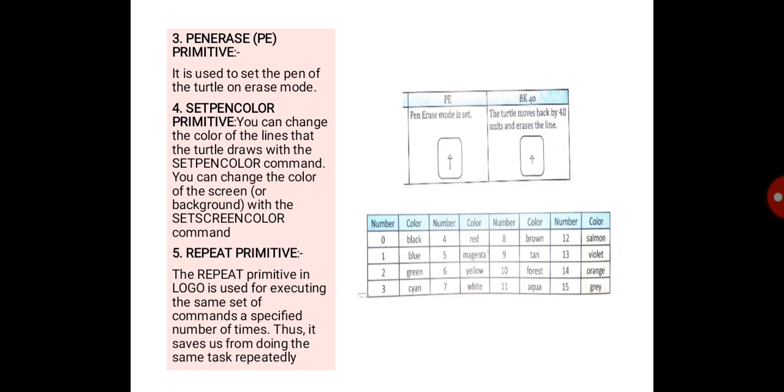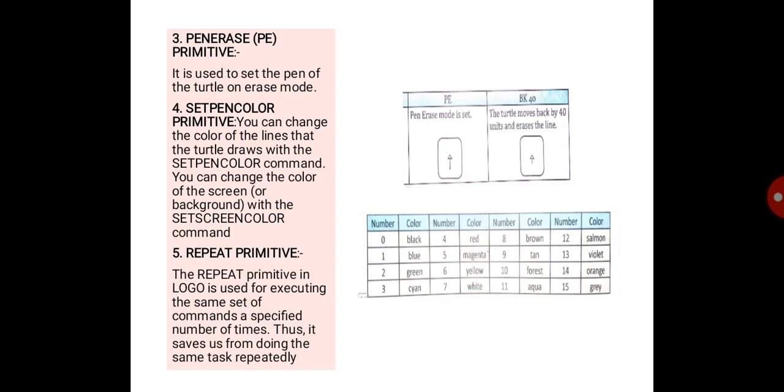Now our next primitive is the repeat primitive. For example, we will draw a square. To draw a square, we write the primitives FT50, RT90, FT50, RT90, FT50, RT90, FT50. So it is a very long process, and FT50, RT90 is continuously repeating.